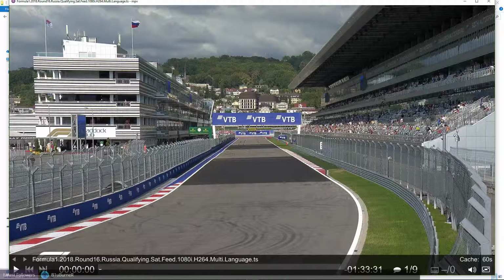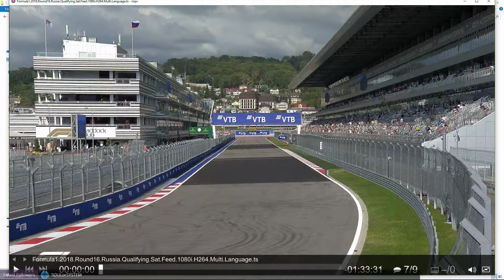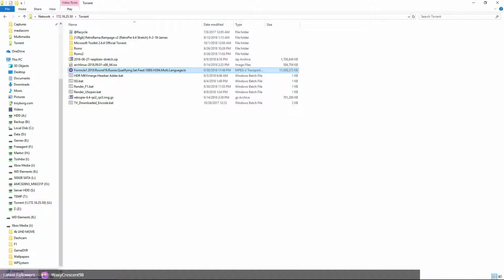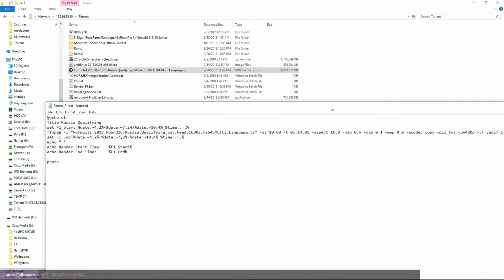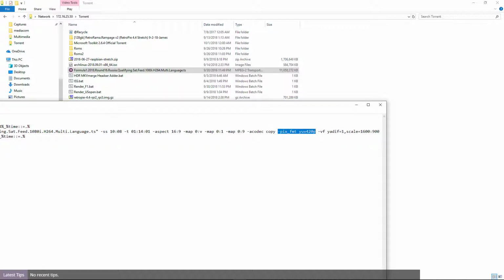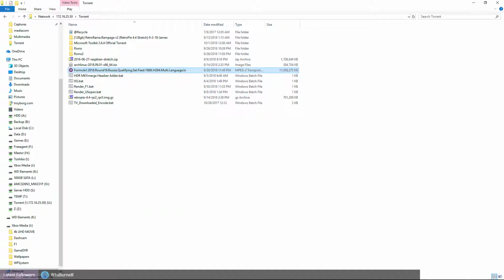It has English, Russian, Ukrainian, Netherlands, German, Spanish, French, Swedish, and track audio. So for this, I want to actually just copy the source, the one audio from Sky Sports, and then the animated audio, copy them. Of course, like I said, make sure the pixel format is 420, because this particular one that I downloaded